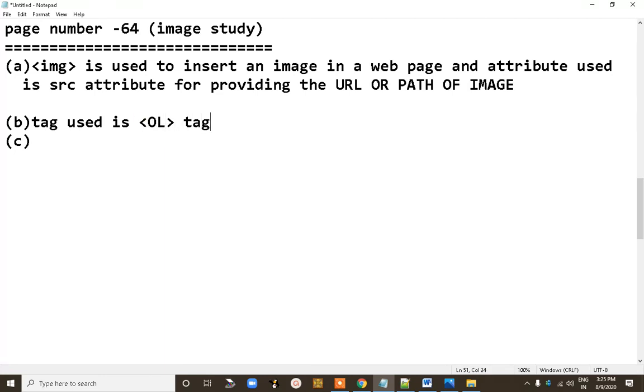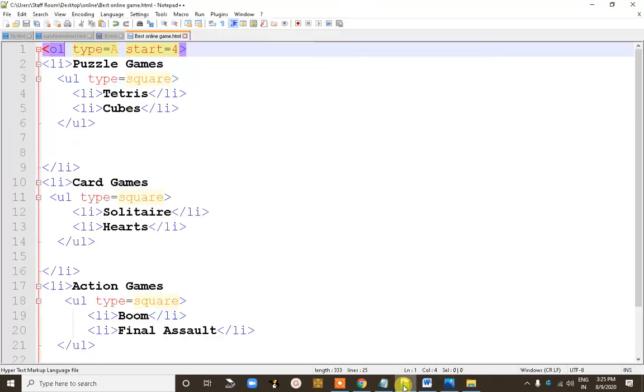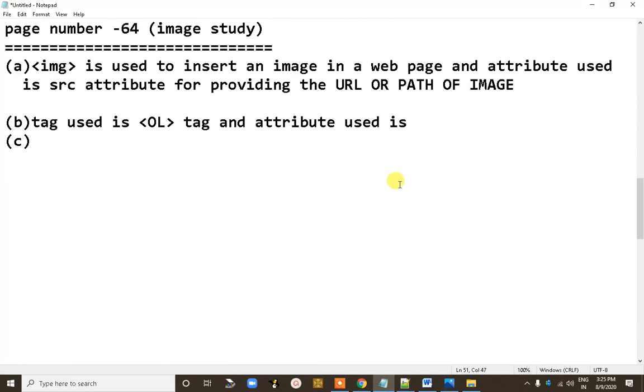And the attribute used is type and start attribute. Tag used is OL tag, and attribute used is type and start.